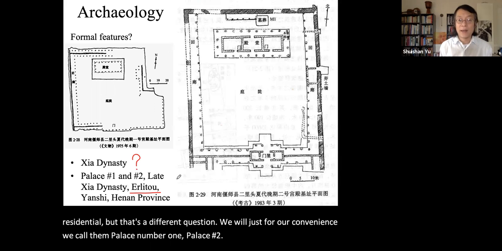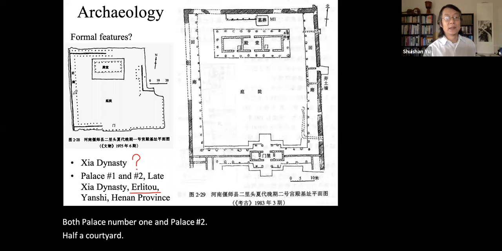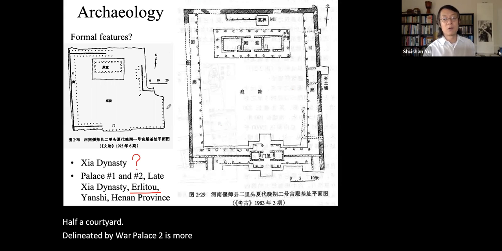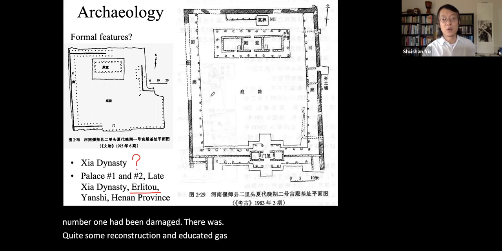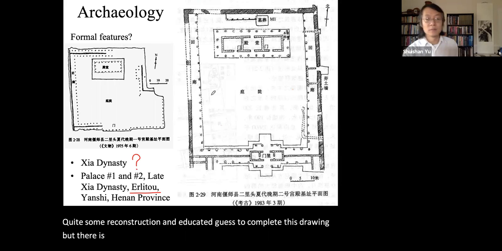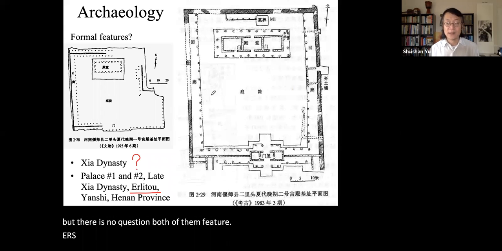Both Palace number 1 and Palace number 2 have a courtyard delineated by walls, right? Palace number 2 is more completely excavated. Palace number 1 had been damaged. There was quite some reconstruction and educated guesswork to complete this drawing. But there is no question both of them feature courtyards. And both palaces also have a gate